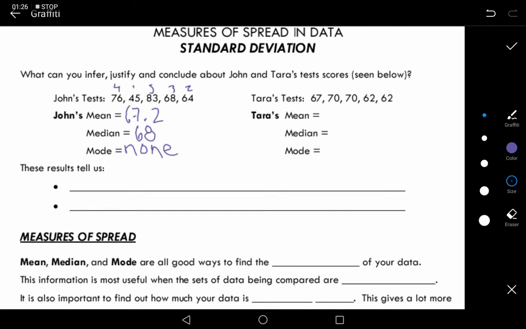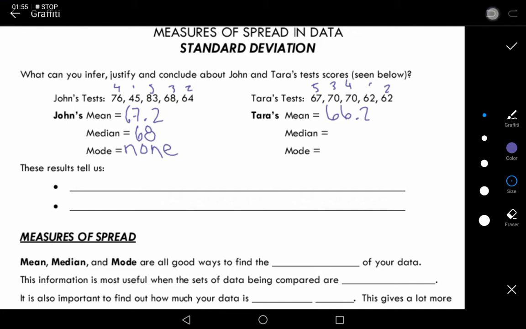Okay, going over to Tara's test here. So again, the mean, it's just the average, so we're adding 67 plus 70 plus 70 plus 62 plus 62, dividing that by 5 again. So our average, or our mean, is 66.2. The median, again, we have to write these in order from lowest to highest. So we have 1, 2, 3, 4, 5. So our middle,